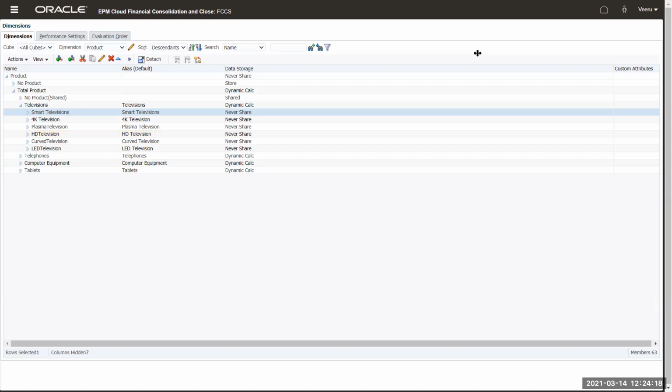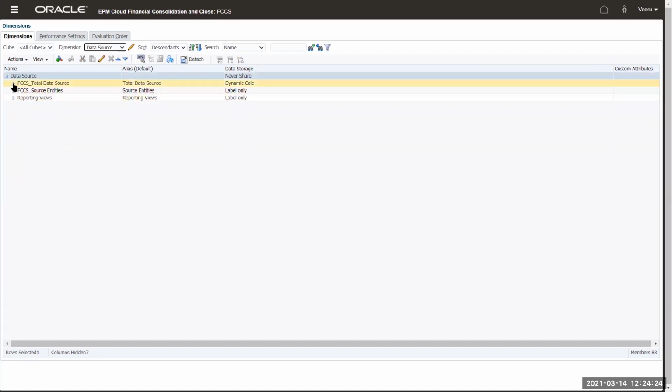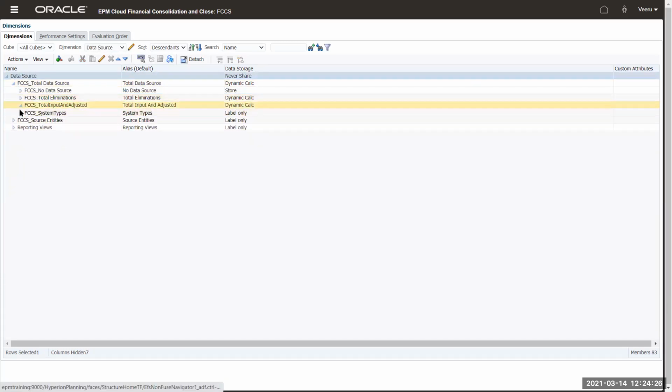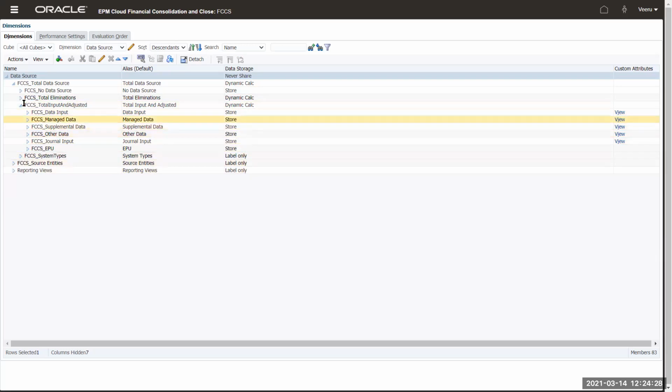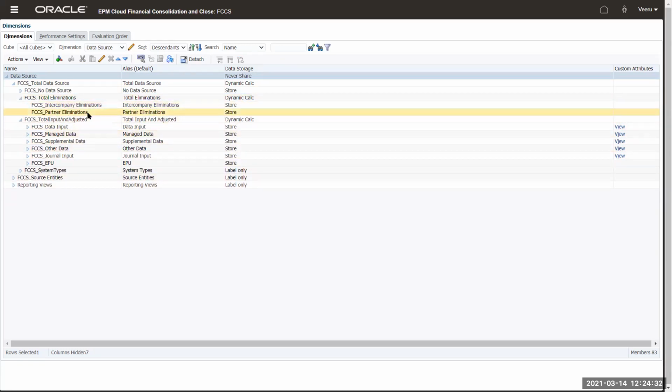Data source dimension. Can you please open it? There, intercompany eliminations, total elimination it is showing. Intercompany elimination member is internally calculated.